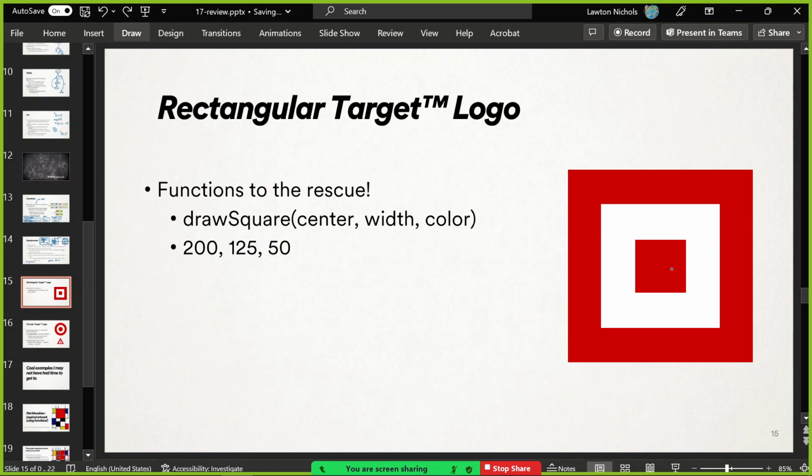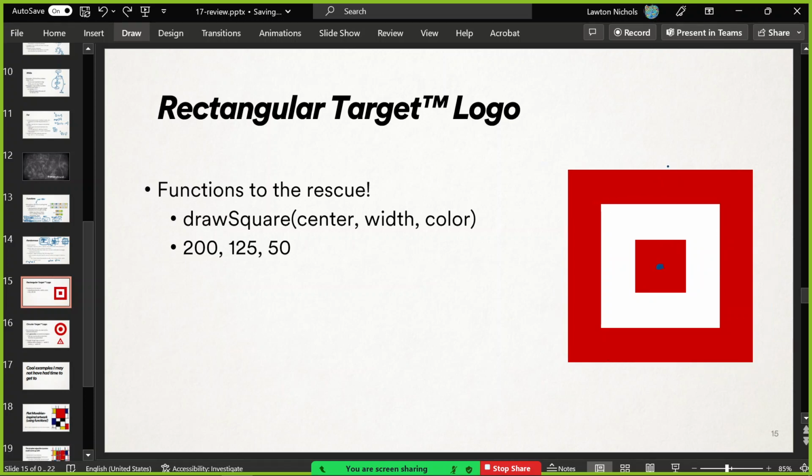That takes a center, like this will be centered at 0, 0 maybe, but it could go anywhere. And then we'll just draw a bunch of squares. Here's the secret. Center, width, and color will be how we draw our squares. But notice how if you draw a square of width 200, make it all red, then on top of that, draw a square of width 125. Apparently these numbers work well. Make it all white, then it'll look like that outer square got something cut out of it. You're just drawing a white square on top of a red square. And then you draw another red square on top of the white square. That's smaller. That's how you can do it. So that's going to be how we implement it.